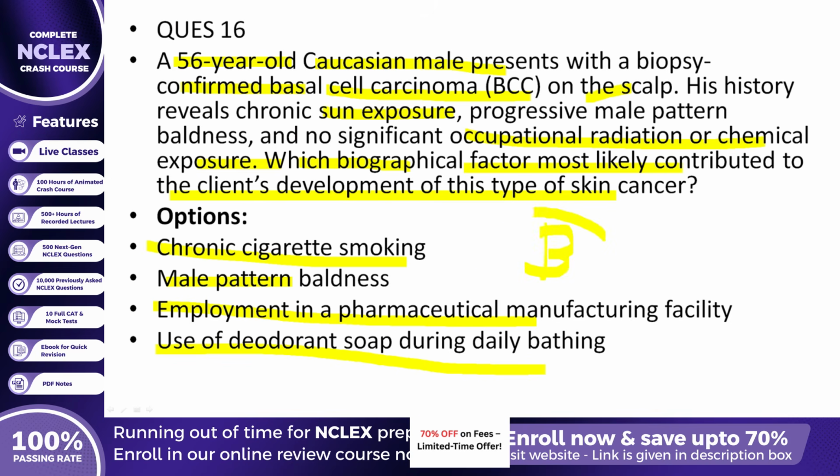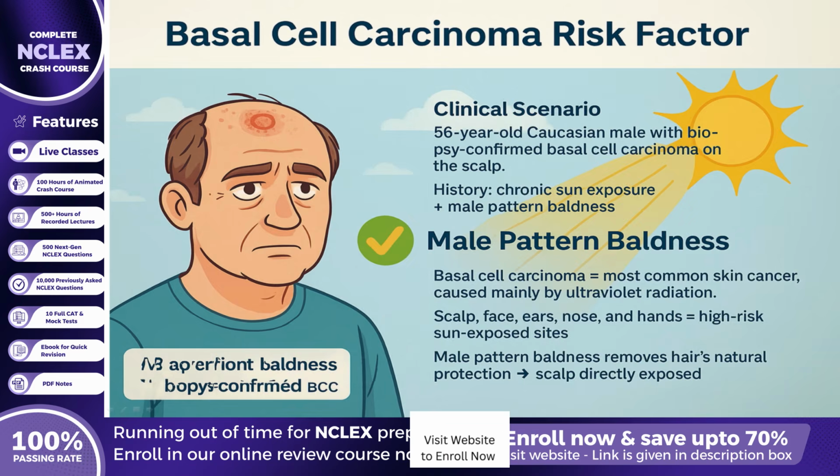Basal cell carcinoma is the most common form of skin cancer and is driven largely by prolonged ultraviolet radiation exposure. Unlike melanoma or squamous cell carcinoma, basal cell carcinoma grows slowly and rarely metastasizes, but it can cause severe local destruction if untreated. Areas of the body most at risk include the scalp, face, ears, nose, and hands, regions commonly